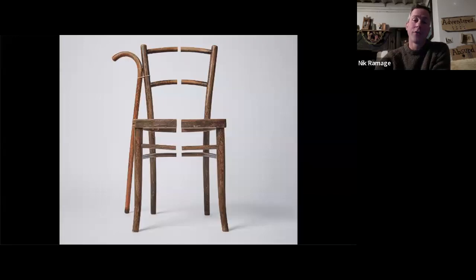So yeah, there's no Photoshop. This is actually as is. And I put some repelling magnets in the rim here. And yeah, I did experiment on trying to do it without the walking stick, but you've got to have one side that's slightly stable, and then the other side can rest against that.